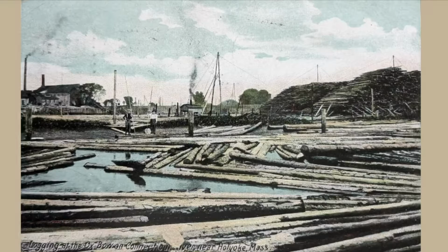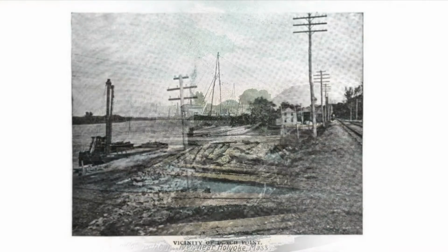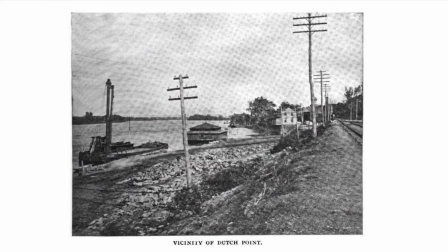While Hartford was no longer participating in the log drives, they continued from New Hampshire to Holyoke each year under the direction of George Van Dyke, the millionaire lumber baron who was known as the Lumber King of New England. Later, in 1897, there was an accidental return to the old days, when a June flood loosened over 20 million feet of logs at the Holyoke boom and sent them down the river. An emergency boom had to be constructed near the railroad bridge in Hartford to gather the errant logs, and the city issued a permit allowing the Connecticut River Lumber Company to erect a temporary mill at Dutch Point to saw